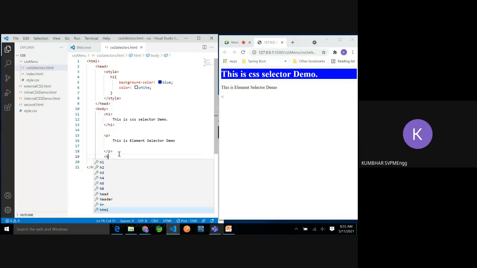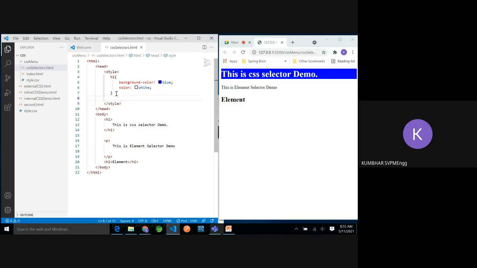Let's say h2. Element is there. So now three elements are there. One is the h1, second is the paragraph, and third is h2.